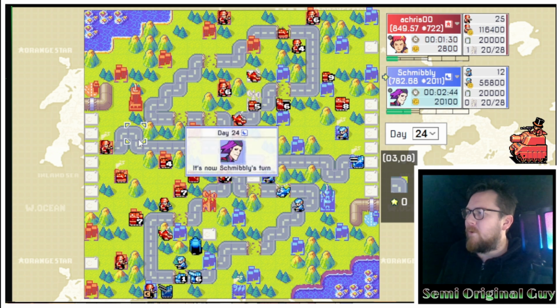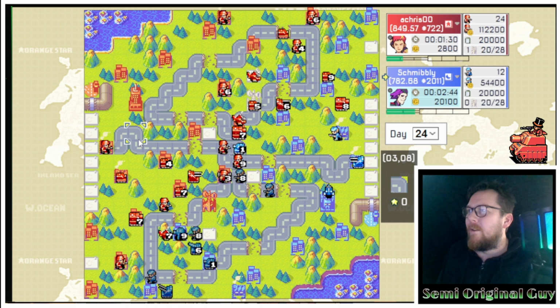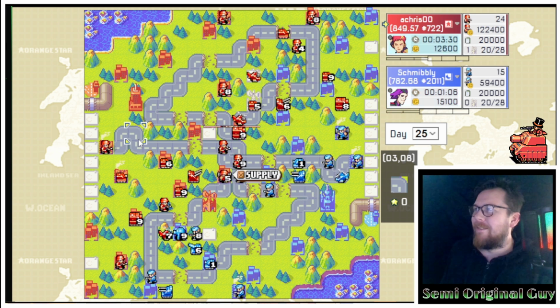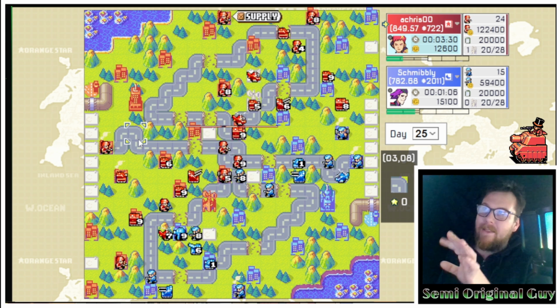Hey, 24. Let's stop an attack. Does 30% damage to a flippin' battlecopter. Holy soiled one. Dude was on a mission. Was on an absolute mission. So yeah, in this position though,